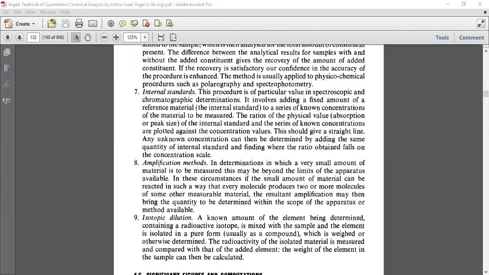If you remember, we have already done mean and standard deviation. In that we saw formulas related to standard deviation and coefficient of variation, then normal distribution. Then in reliability of results, do you remember the Q value or rejection value? That test we also did in class. Confidence interval, that formula we have also seen. Now today we are talking about comparison of results, that is students T test and F test.